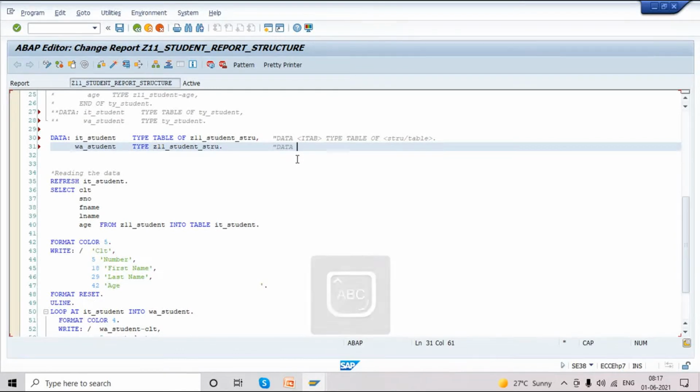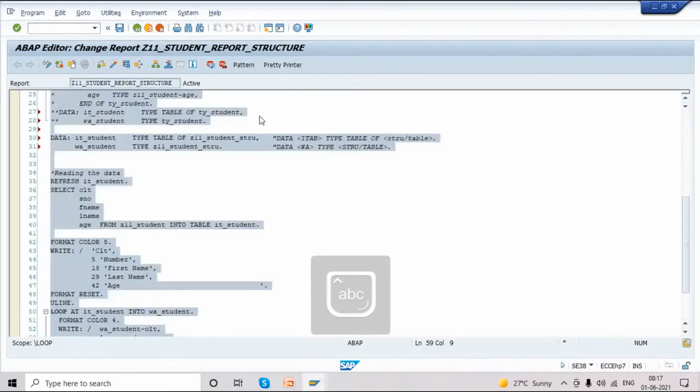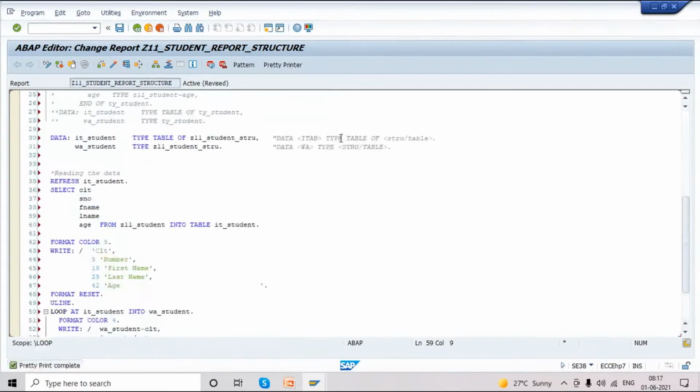Data itab work area, WA we call work area, type, okay, structure or table. The same syntax, if you are creating internal table, we can give reference either structure or table. Okay, the same will be applicable to work area, the structure or table we can create.